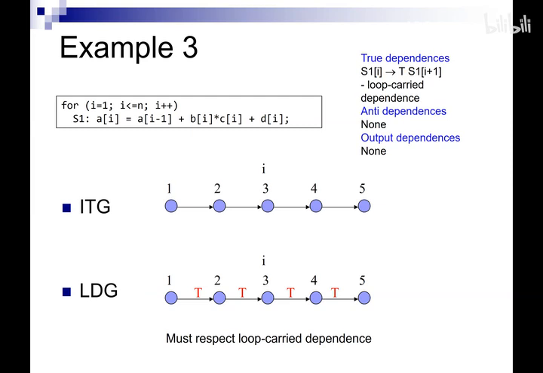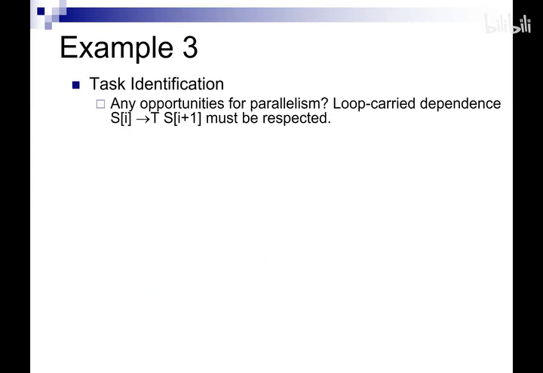Now in this situation, it looks like we don't have any parallelism. Because we said that we can only run different parts of the graph in parallel if they are in different components. And here there's just one component for the graph. However, if we take a look at this code,